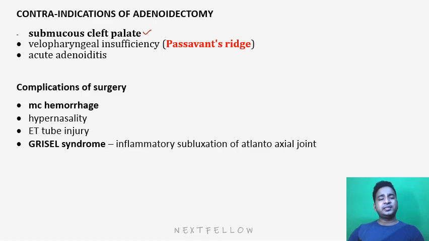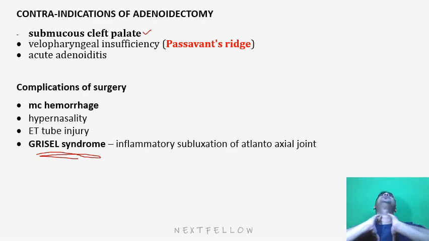Then there occurs Grisel syndrome. So what is this? It is an inflammatory subluxation of the atlantoaxial joint, or we can say C1, C2. So what happens? We position the patient, overextend the neck, and then we remove the tissue. Because of all these procedures, sometimes there is an inflammation of the C1, C2 joint leading to Grisel